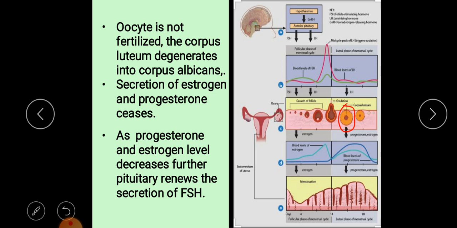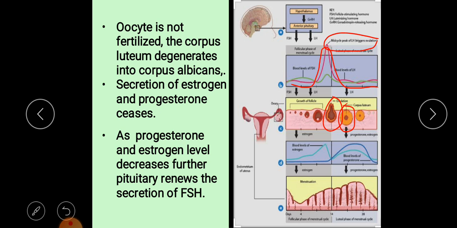Here you can see how the LH increases to a peak level at the mid cycle. When it reaches mid cycle, the LH hormone increases and that is when ovulation takes place. That is the LH surge. Then, at the luteal phase, which is the corpus luteum formation, the level of luteinizing hormone slowly goes on decreasing, and along with that FSH also goes on decreasing.